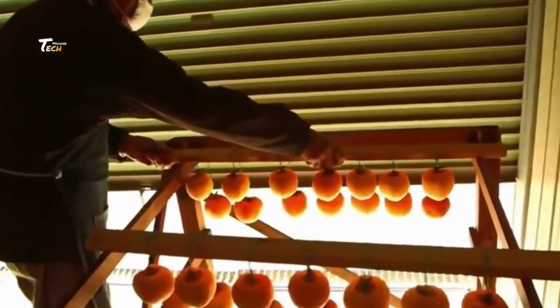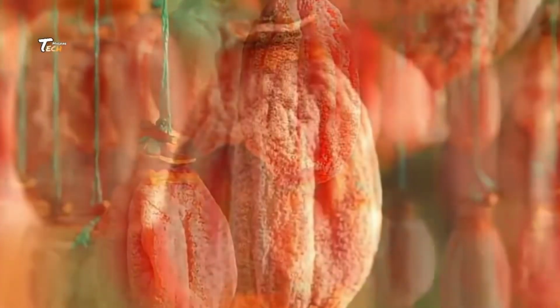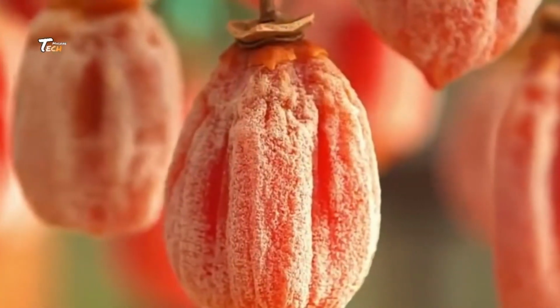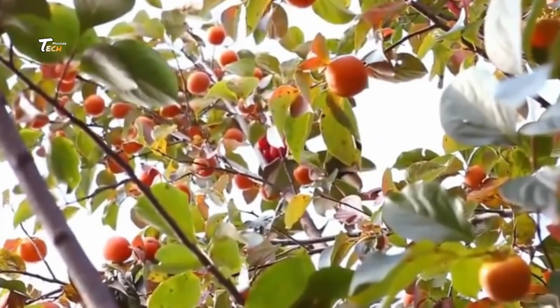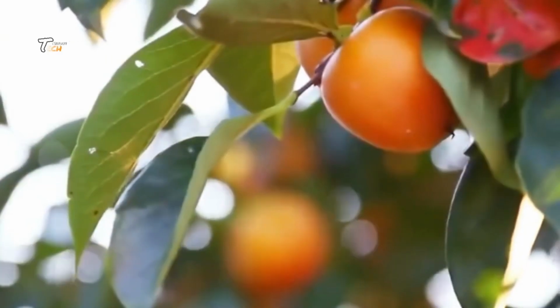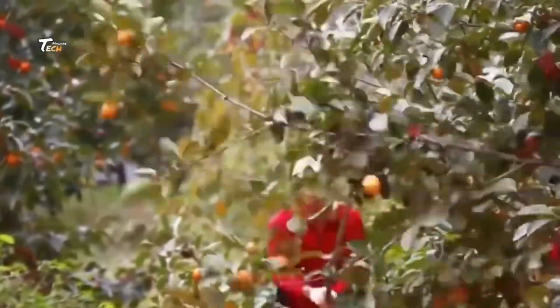As technology advances, we can expect even more innovations in this space. Imagine fully automated drying facilities powered by AI that optimize energy use and minimize environmental impact. The future of agriculture is bright,